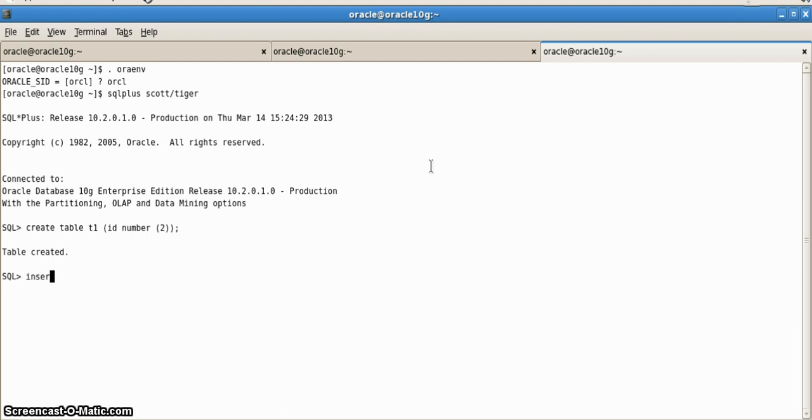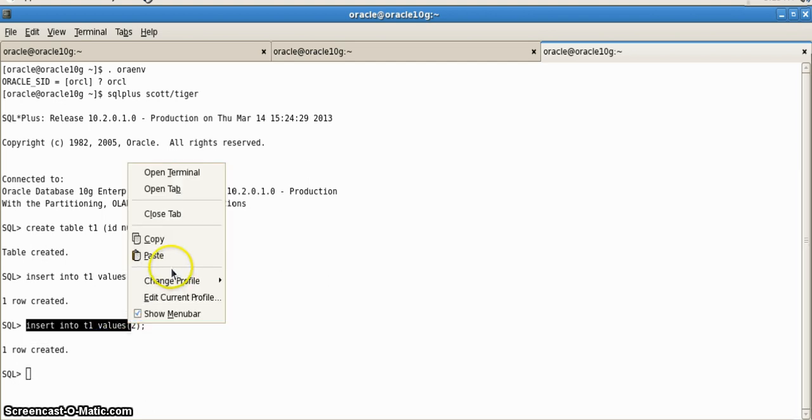We will insert 5 values, insert into T1 values 1, and we will repeat this process for the next 3 times.